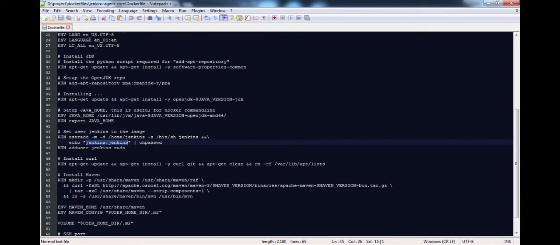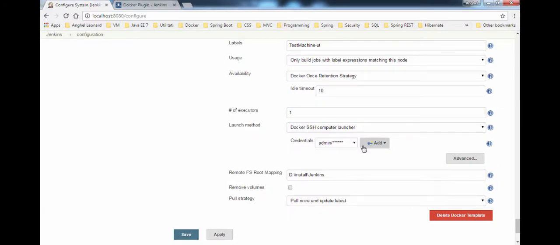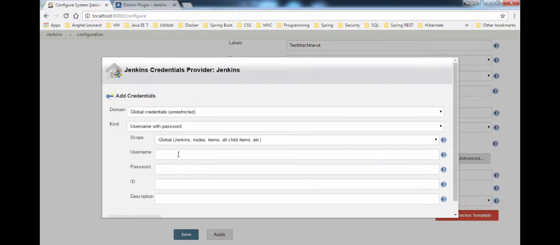Now we have to tell the Jenkins master about these credentials. So we will choose Jenkins, and we will say username and password. The username is Jenkins. The password is also Jenkins,